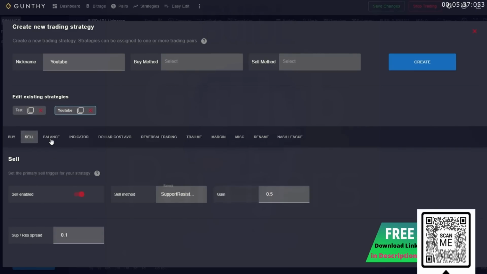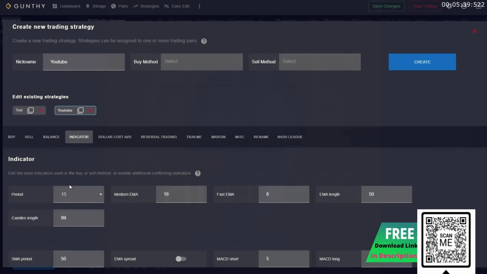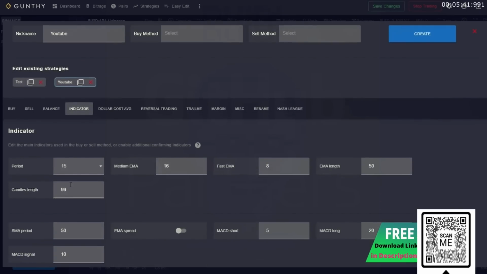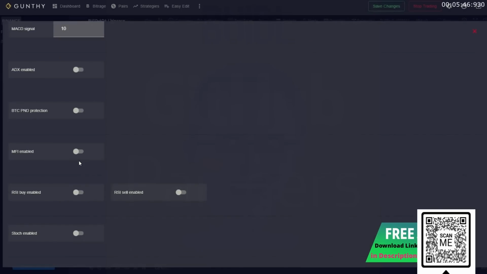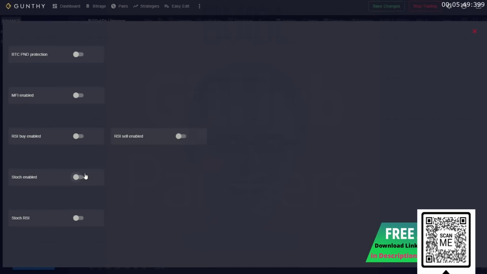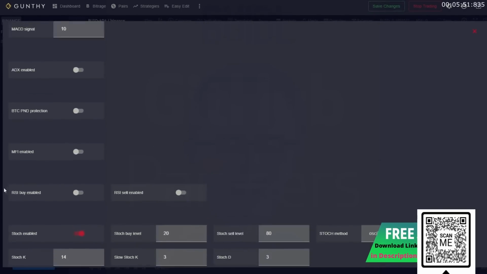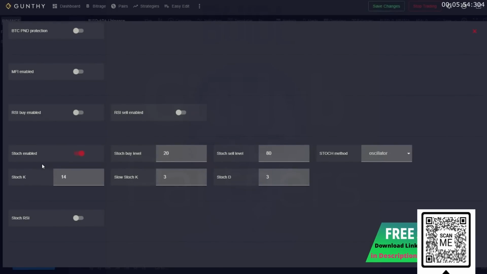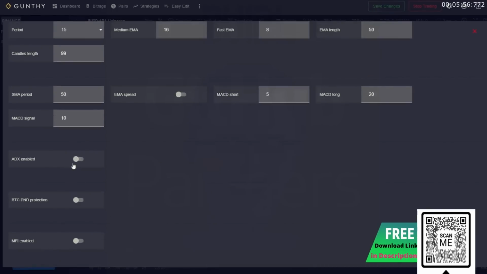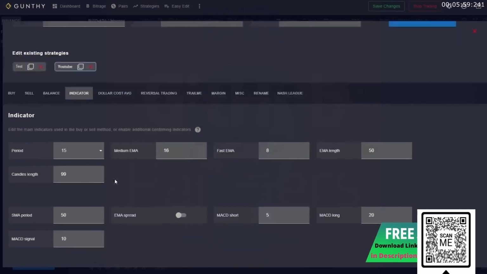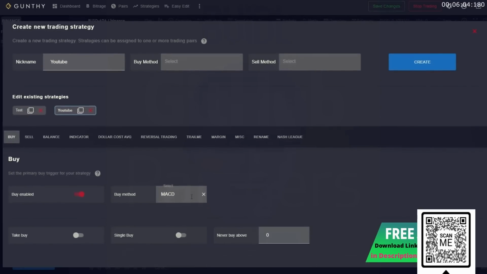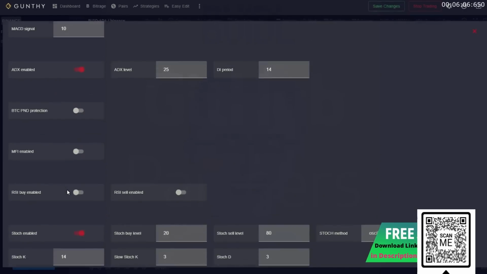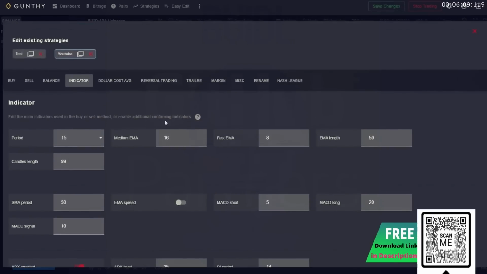However, then I can also change specific settings that make it even more granular. So let's say that not only do I want to use MACD, but I also want to add more filters to the strategy where it will only use the MACD buy if the stock RSI is above a specific level, or if, for example, ADX is at a certain value, etc. You can stack indicators on top of each other, so not only am I now using MACD, but I'm also using stock RSI, I'm also using ADX, and you can change all of these options here,